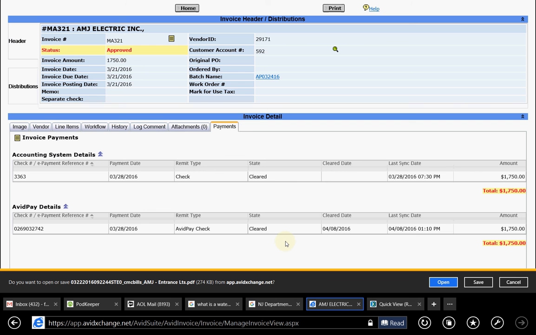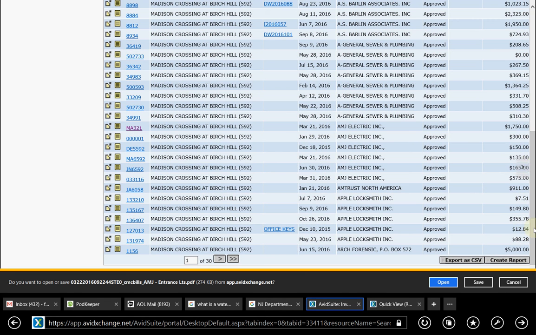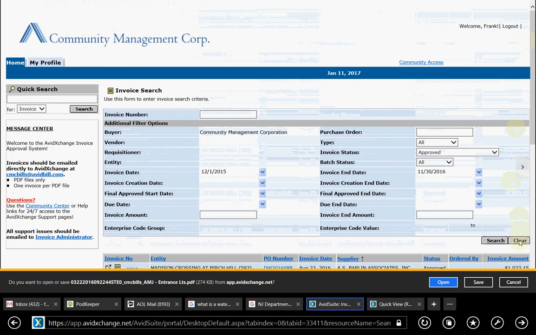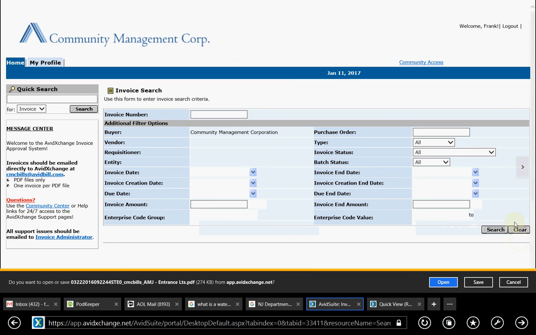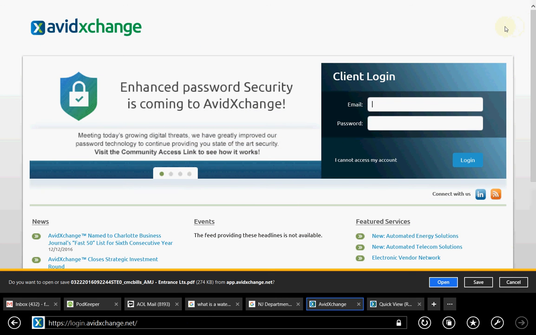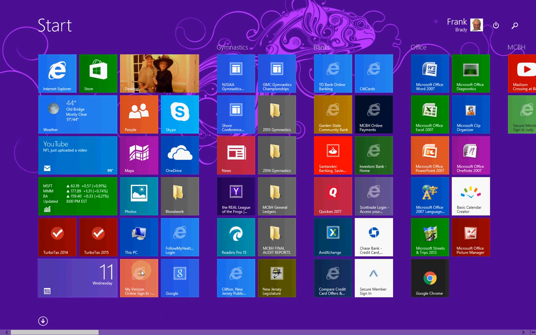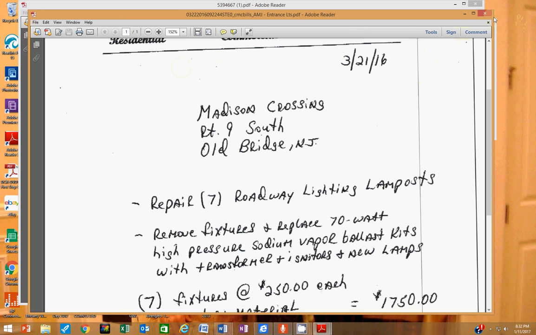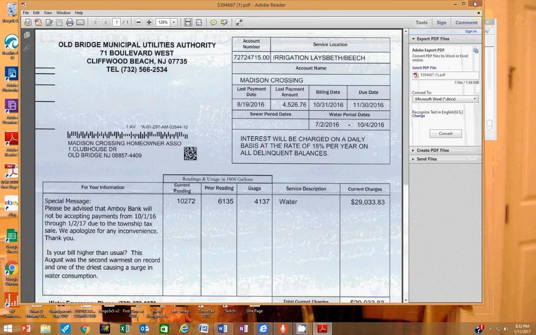Okay, I think I've had enough fun. I'm going to leave this now, but let me go back and do what I always do, which is to clear my search screen and then log out. I hope this has given you an introduction to AvidXchange. Let me see if I can get us out of here. Oh, I have to get rid of all these documents. And now I